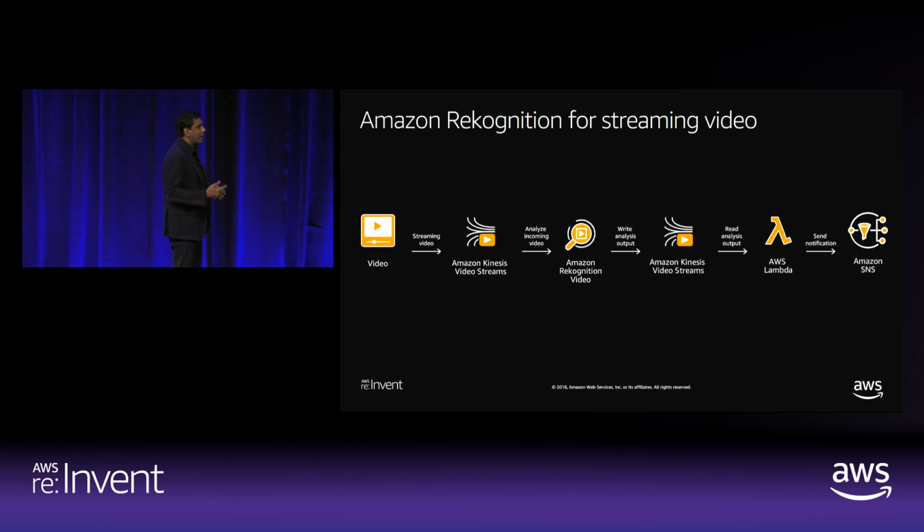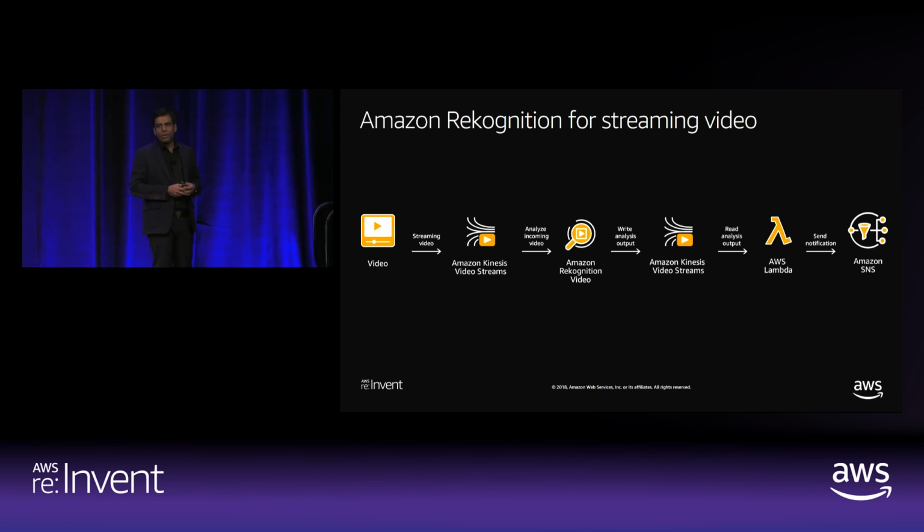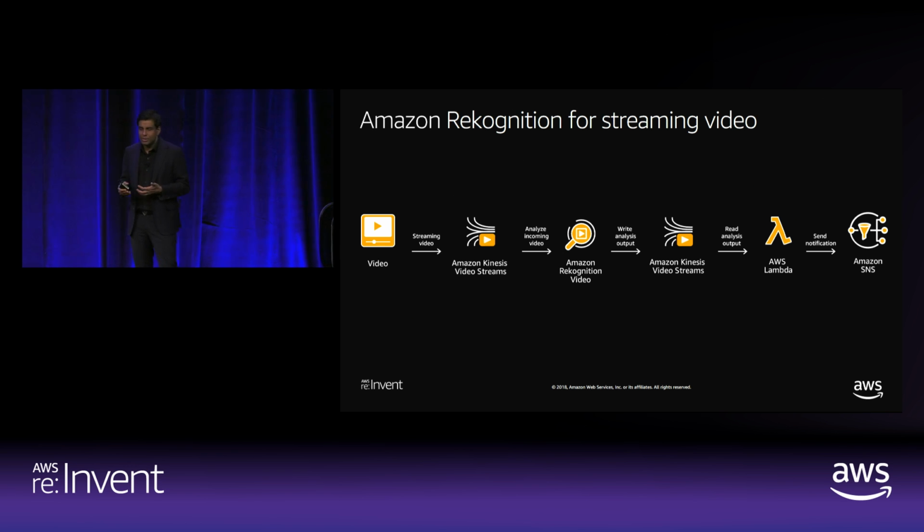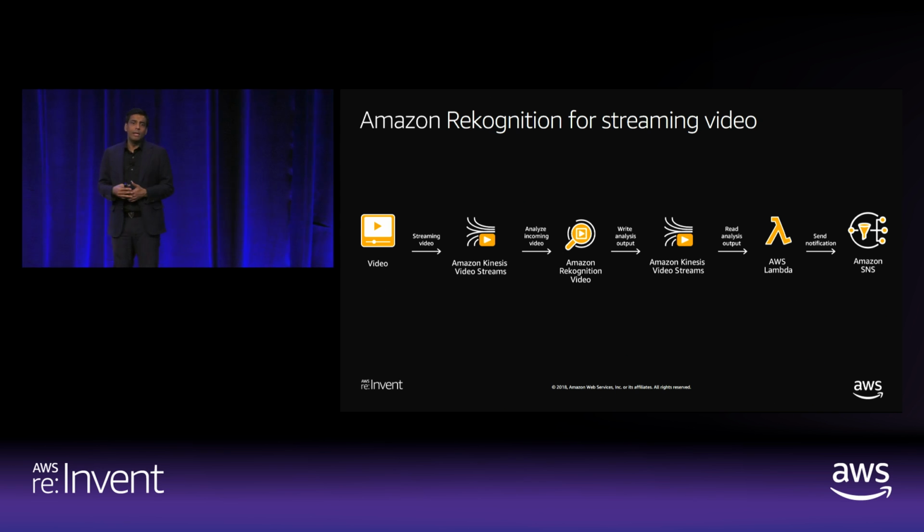Once the job is complete, you'll get an artifact, which is basically the manifest of what we found in the video, which could be a set of labels and the time series manifestation of the label from the video. It could be people that we found. It could be objects. It could be things that we have found that are unsafe or inappropriate. And it could be text that we have found from the video. And that's all through 2 API calls.